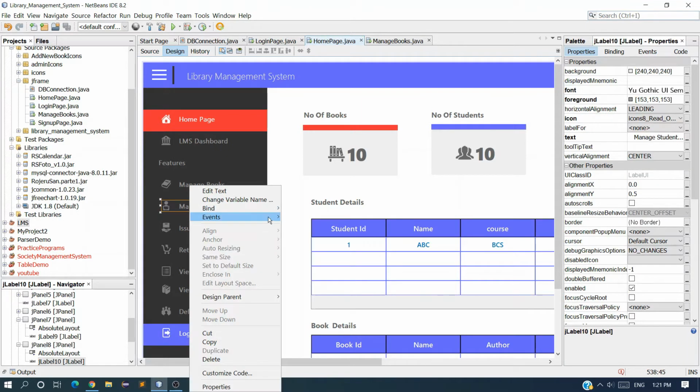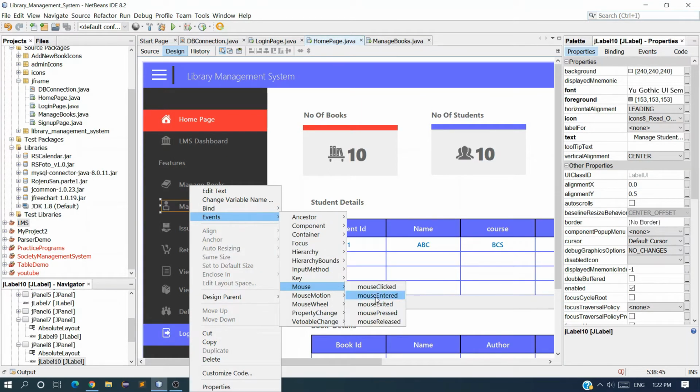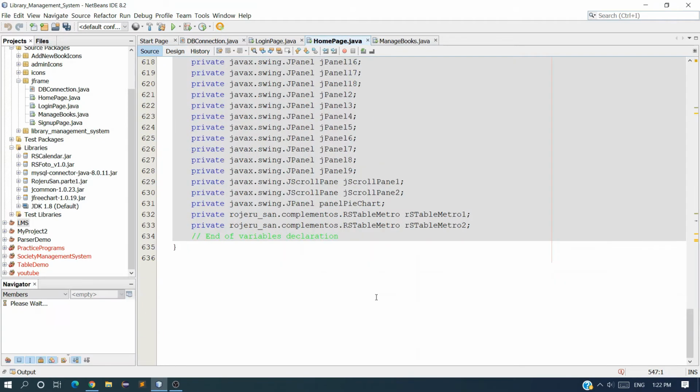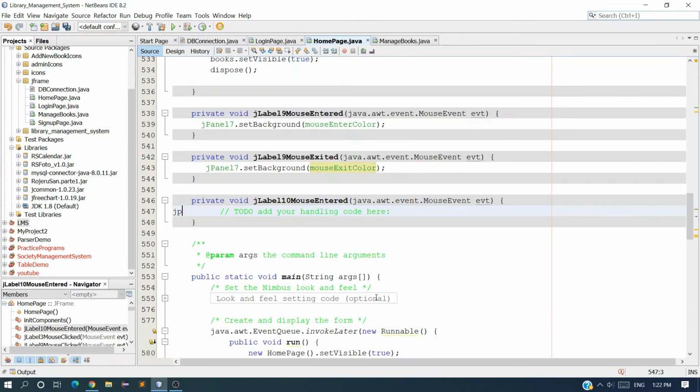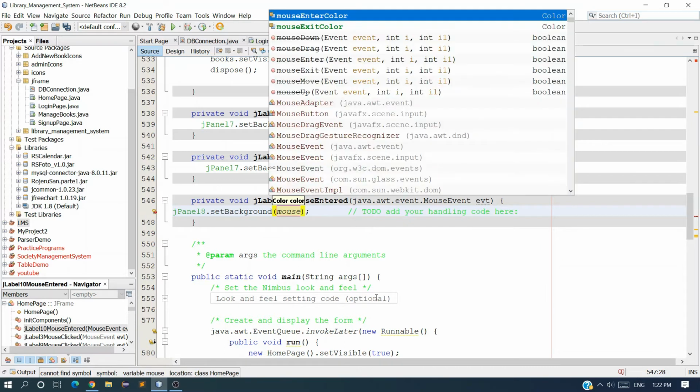So click on this label event mouse enter, and the panel name is jpanel8, jpanel8 dot set background color as mouse enter color.